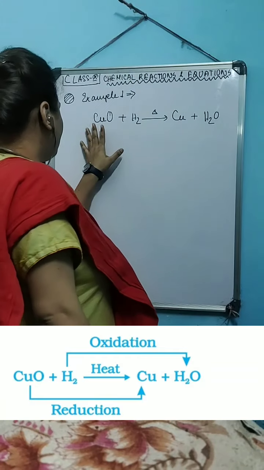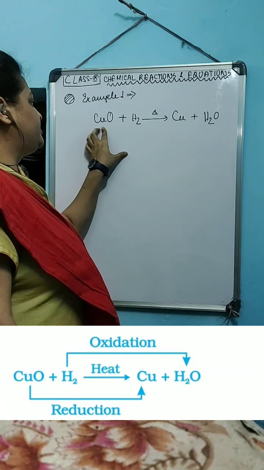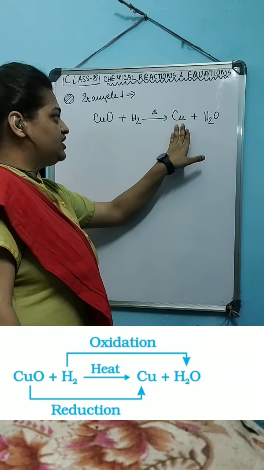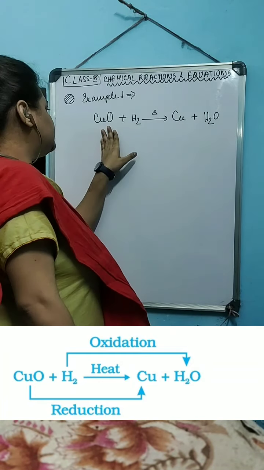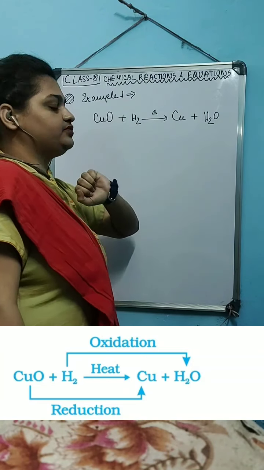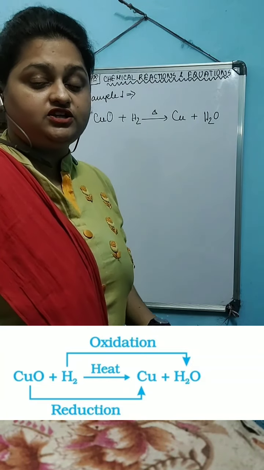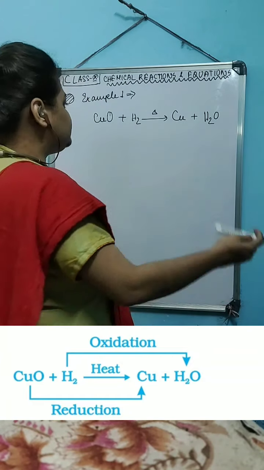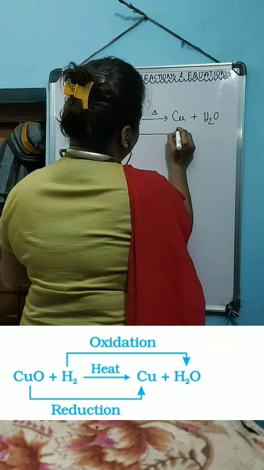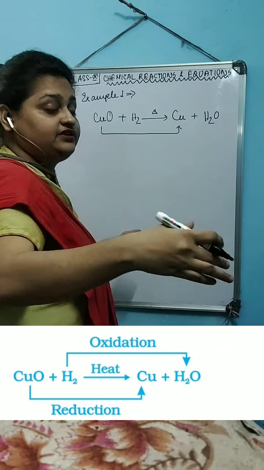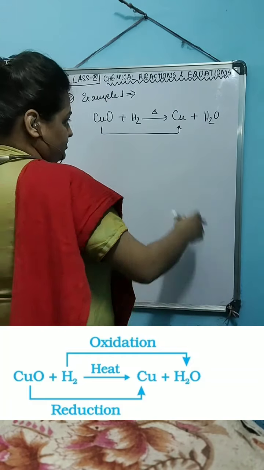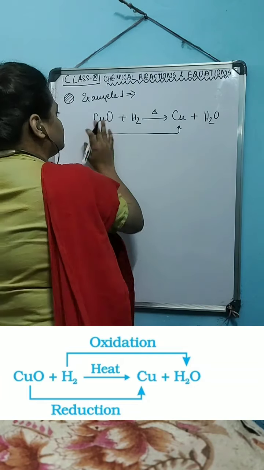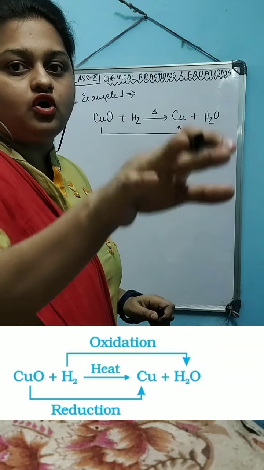If I only consider this simpler definition and try to explain this reaction, it will be like this. In copper oxide, copper is attached with oxygen and it is transforming into copper. Now oxygen is leaving from this copper. By the simpler definition, leaving of oxygen is known as a reduction reaction. So we can say that as the oxygen is leaving the copper and the neutral copper metal is forming in this reaction, copper oxide is getting reduced to copper.